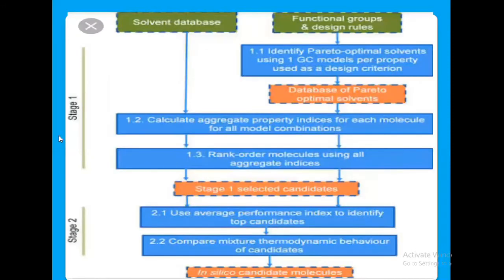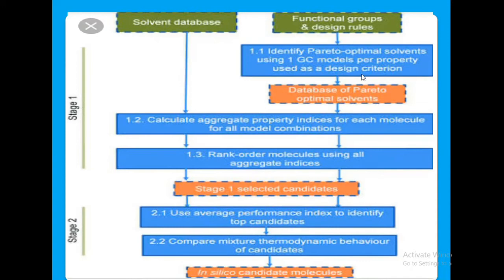Here you can get the stages in this CAMD, stage 1 and stage 2. So what are all the steps in stage 1? First you take the functional groups and design rules for a particular molecule, and the database is already available on the internet, and the solvent database is also readily available. First step, identify the Pareto optimal solvents using GC models per property used as a design criterion.